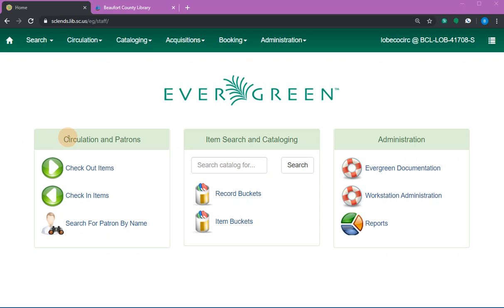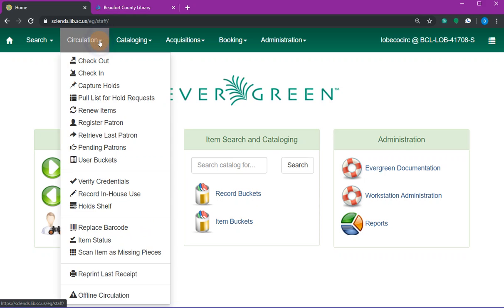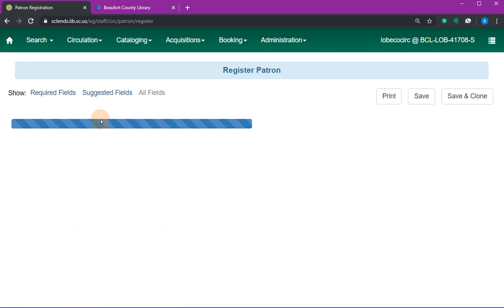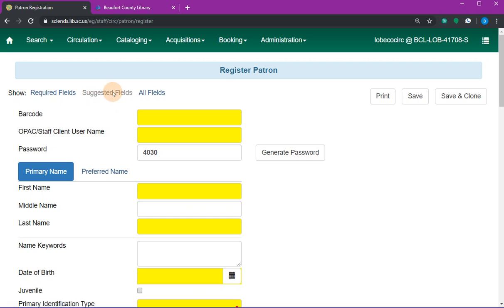From the Evergreen Web Client homepage, you're going to go up here to Circulation, click on that, and within the drop-down field you want to click on Register Patron. Now by default the suggested fields page pops up, but today we're going to the All Fields registration